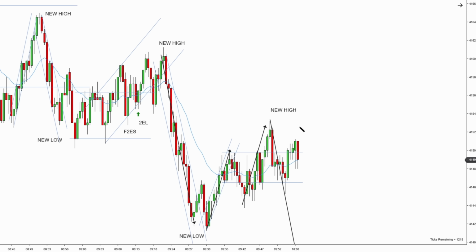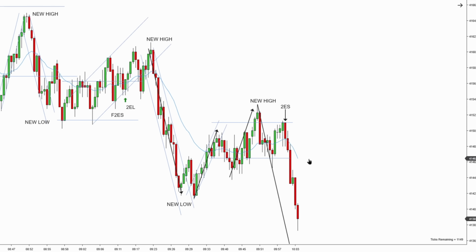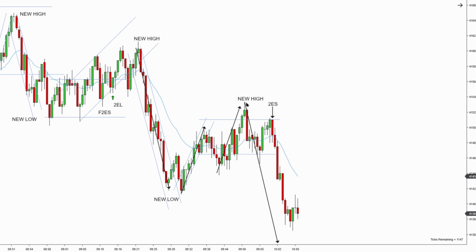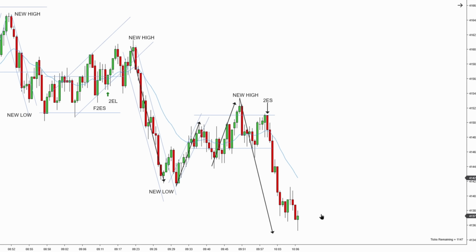I will mark it more aggressive because it is a second entry short at the top of the trend range. I can move it even a little bit higher. The second entry short at the top of the trend range while the two-legged pullback played out and you have a new extreme and you're expecting the second leg down, but it's definitely a little bit more advanced and the market continues working lower. And notice this was the second leg down the market created.